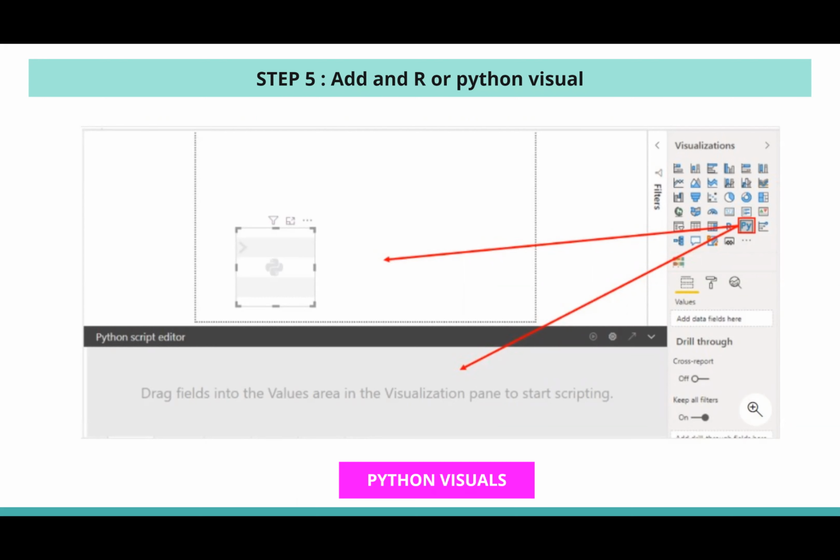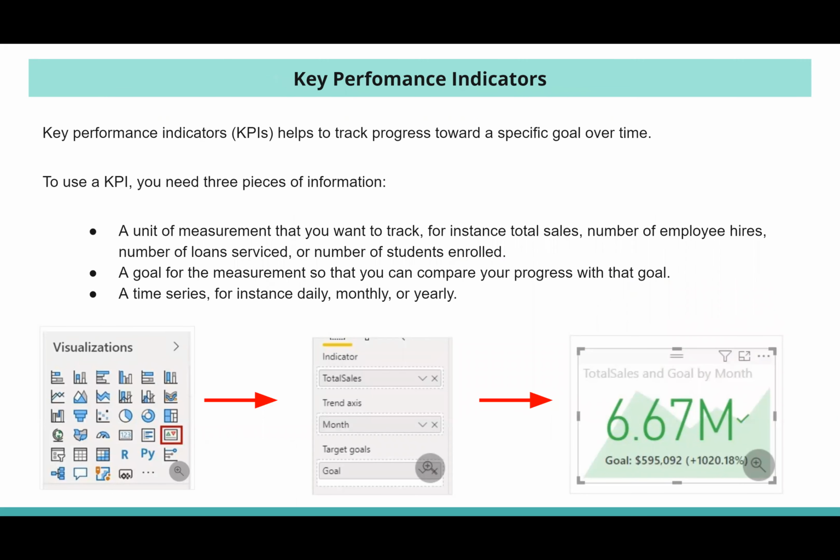If I can remember, I didn't put it here, but you have to install R Studio first on your laptop or PC. But for Python, it is okay without installing Python. But for R, you have to install R Studio first before you use the R visualization functions here. Okay, so the next one is, you can also put key performance indicators here,